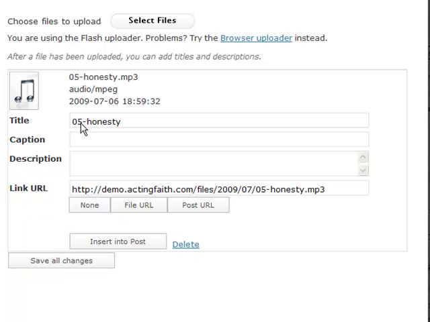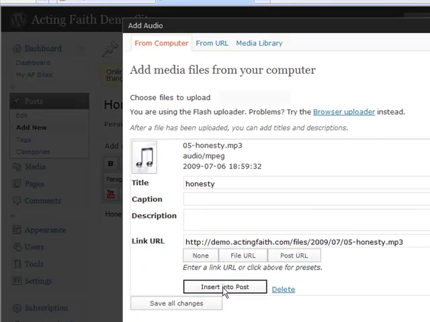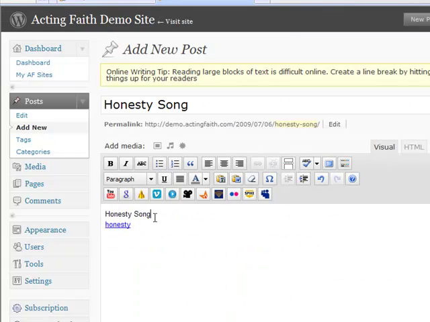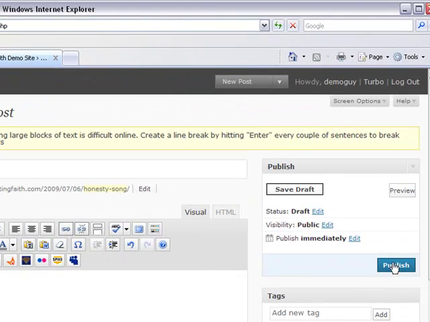So, here we have the title of the song, and I'm going to change that just so it says Honesty. And make sure that under link URL we have clicked file URL. And we have. That's giving a path to the MP3 file on our server. And then I'm just going to go down here and I'm going to hit insert into post, and it's as simple as that. And here we see that we have the title that we have written, and then we have the song, just says Honesty. And it looks like just a normal blue link. That's kind of silly, right? But we hit publish here,